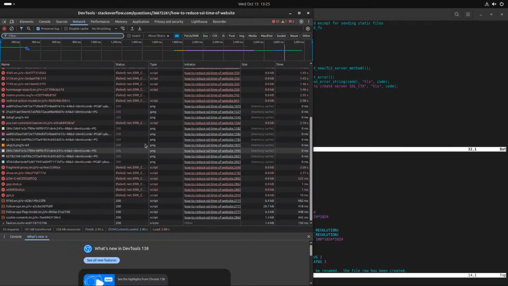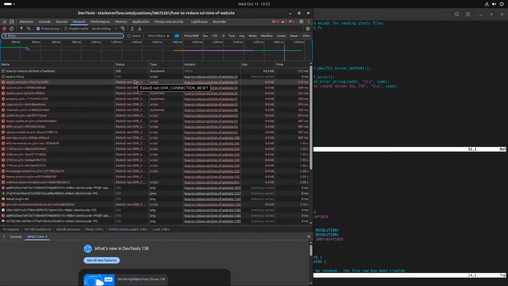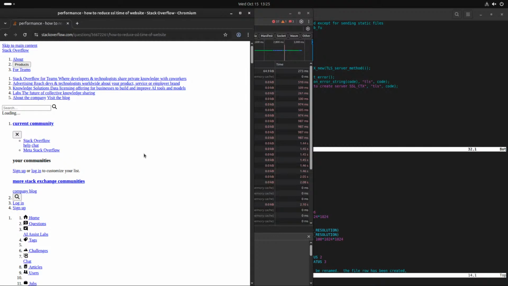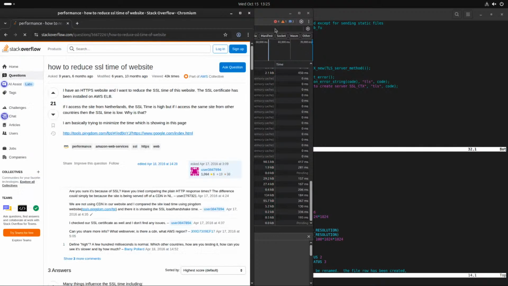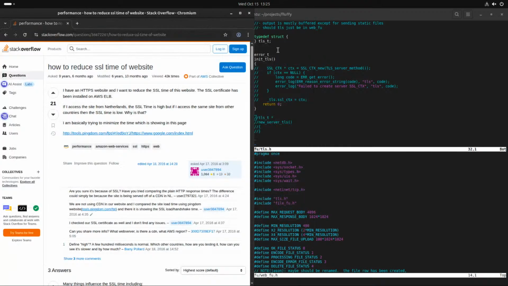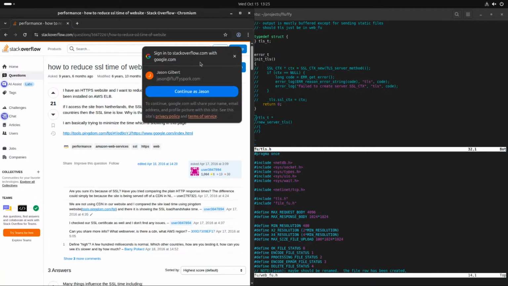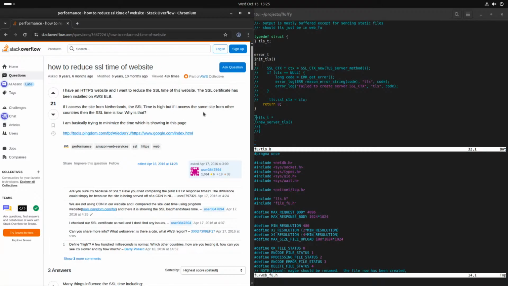A bunch of these where the connections are just refused. I got a cache problem. Yep. Okay, so the basic problem was that, God damn it, that is some annoying shit. Anyway,